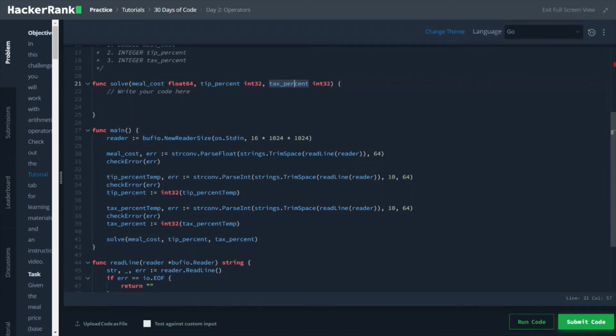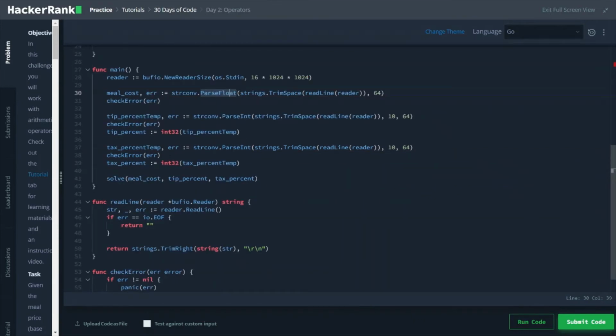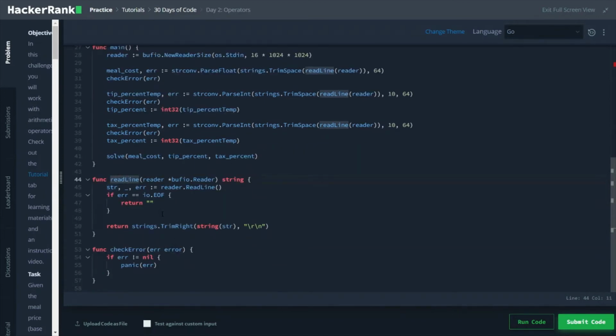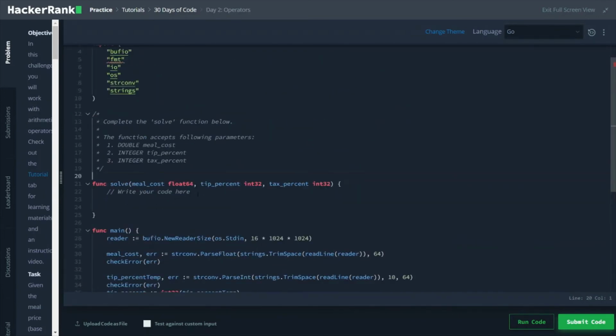In the main program, they are reading the meal cost, tip and tax percentage, converting both percentages into integers and the meal cost into a float value. Once they read them, they call the function which we are going to write now. They have another function to read lines. So let's focus on this function.